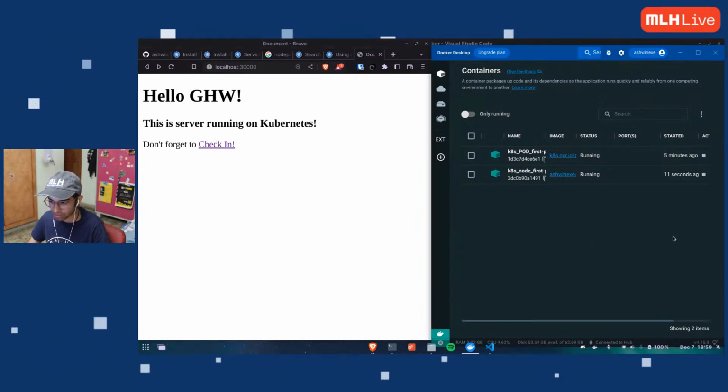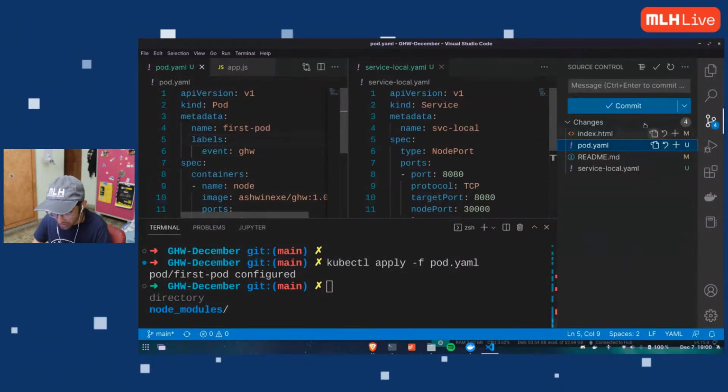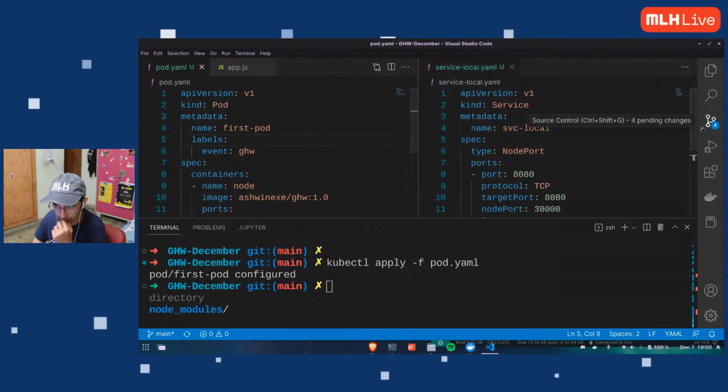We got it. I'm so happy some of you folks made it and were able to host your Kubernetes cluster and put it out. It's all right if you did not. In fact, right now, let me just go ahead and commit this in the GitHub repository.